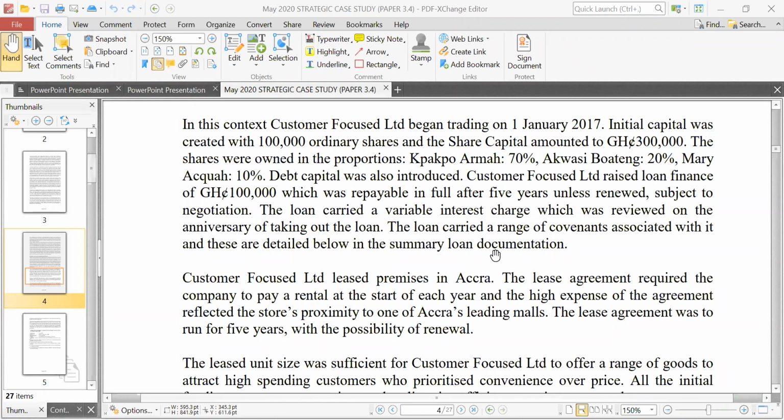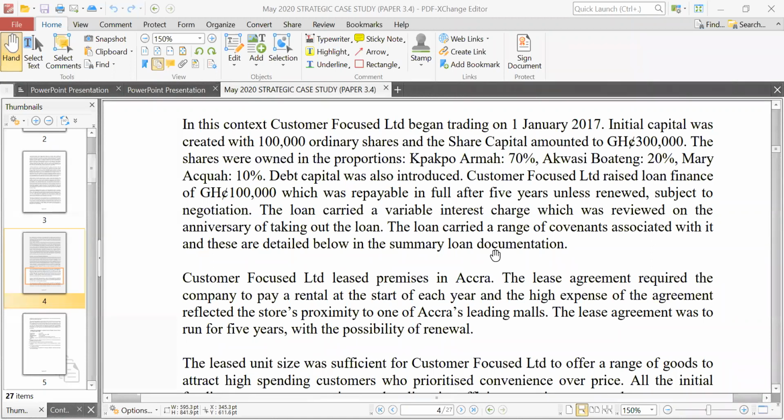Fantastic. So here is setting up the financing thing we talked about. And that's why I had to touch on it briefly. So here you have debt and you have equity, right? Equity is 300,000. It tells us the proportions, so it seems like Pakpo has a lot of say. The one who has a lot of money has a lot of say. And debt is 100,000.